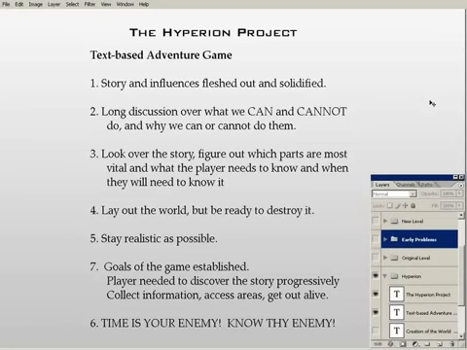I realized that we couldn't do the Johnny Mnemonic style matrix interface where everything's virtual reality like The Lawnmower Man or anything like that. So what we had to do, I was thinking, what if you could use a computer and then the text-based nature of the game temporarily disappears, and all you get is a C prompt. And now you have things like directory listing, and now you can get to the root level access, and you can hack into this and turn on security cameras or unlock doors and things like that. So all of these huge ideas. And we had to talk about why we could and couldn't put those in.